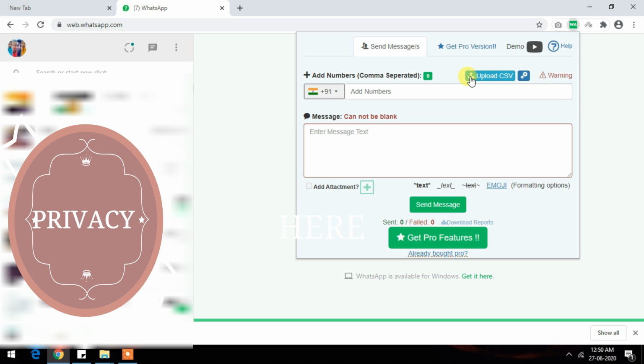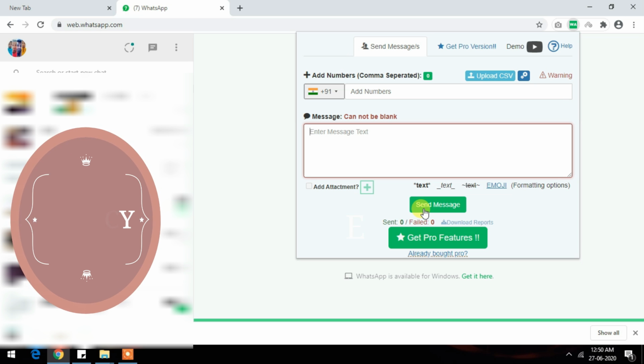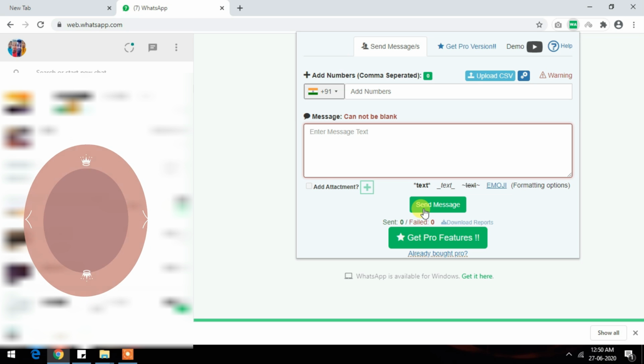You can also upload the CSV file, which is an Excel file, and you will have to just post a common message here, which could be like a happy new year or any occasional message. And as you click on send message, the same message will be received by all of the numbers which have been provided by you. So this is the application of this